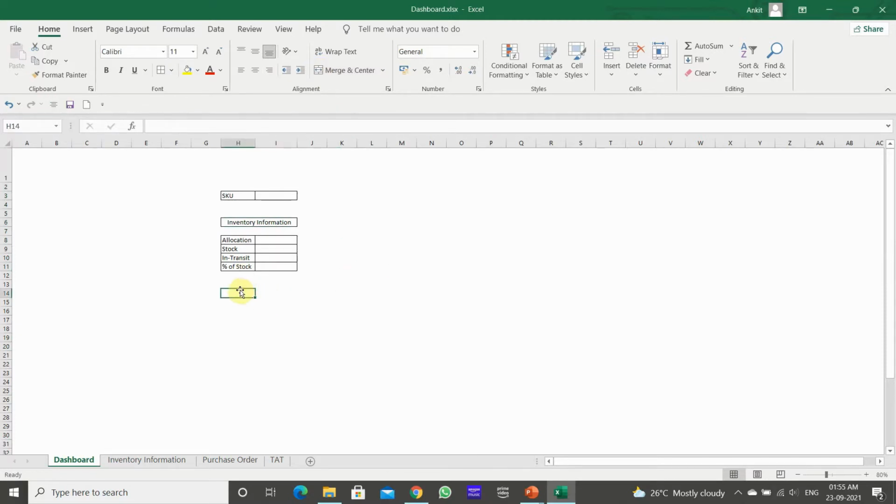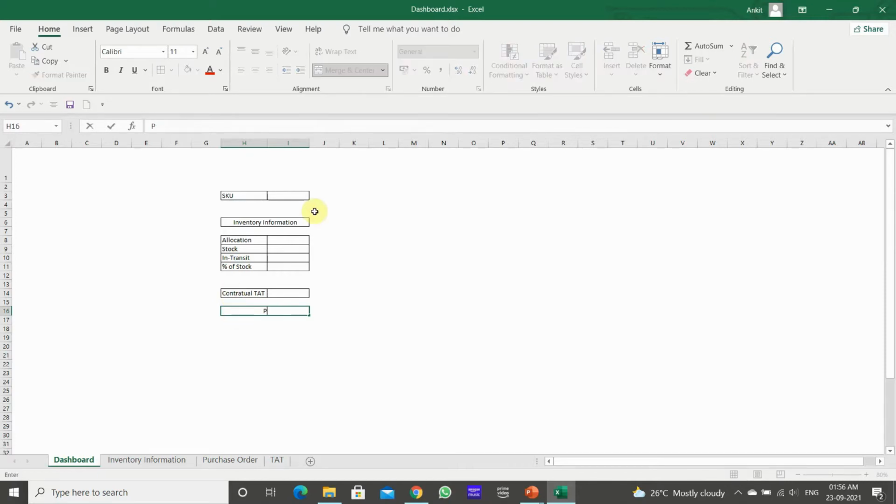Here we can see the contractual TAT of that SKU. Purchase order information. We can give the title of purchase order here.